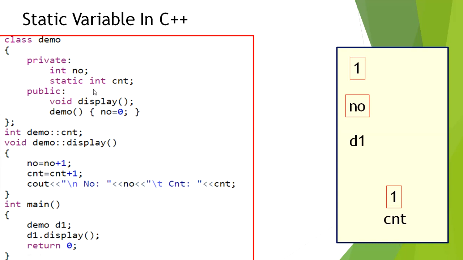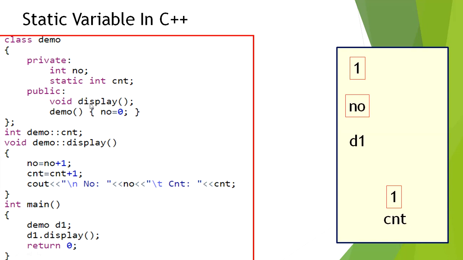In this class, no is a normal non-static member variable and count is a static variable of type integer. Now we'll see how the different values get updated whenever we give a call to a function through object.